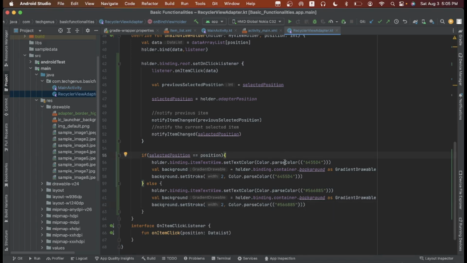So if selected, the text color will change and the border color will also change. When the item is unselected or not selected, it will go back to your previous color. So let's run.